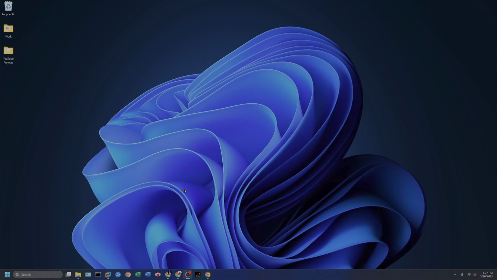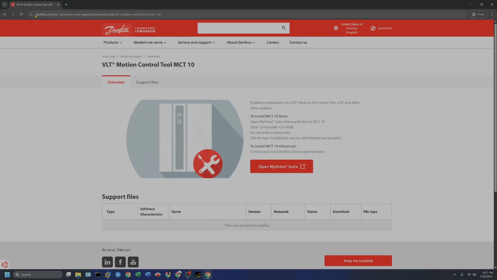I'm not a Danfoss affiliate by any means. I've just been using their products and Vacon for a long time, and sometimes there's a lack of videos on how to do this. I have their software here, and it's completely free, by the way. You can just go to danfoss.com or type in VLT Motion Control, and then click on the My Drive